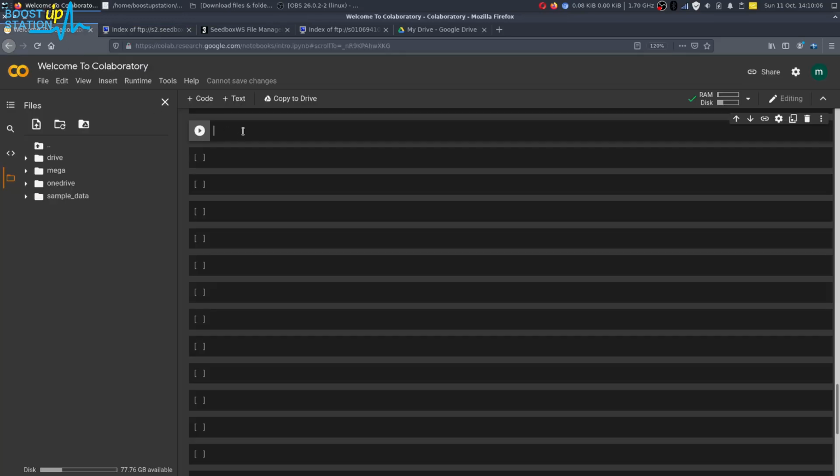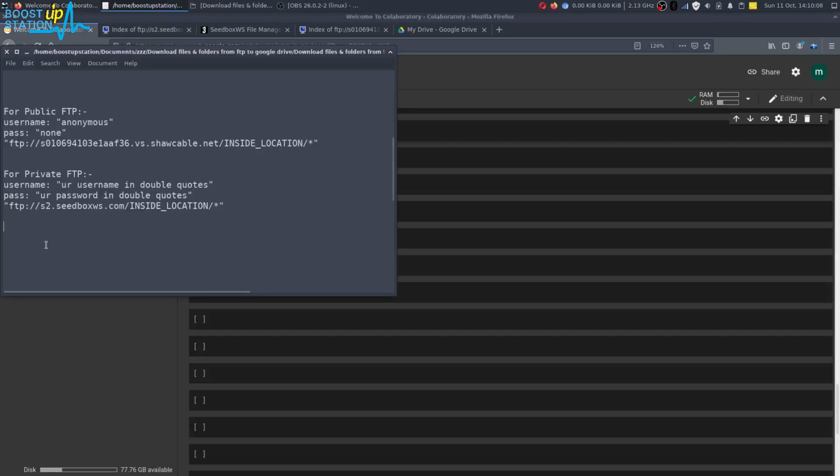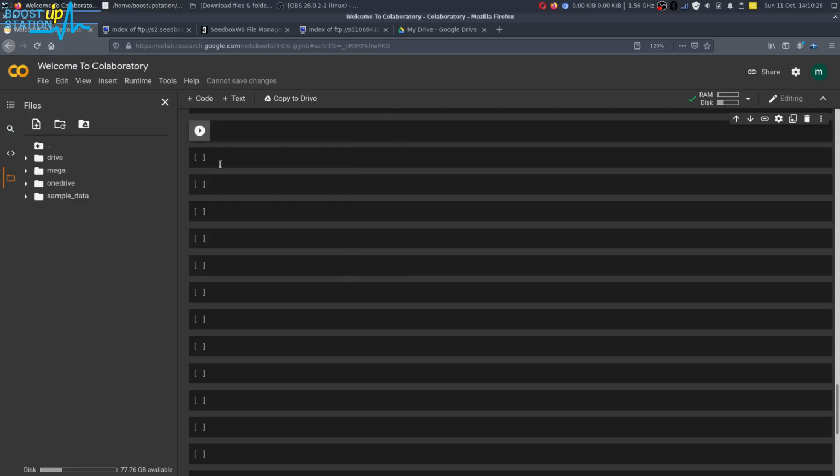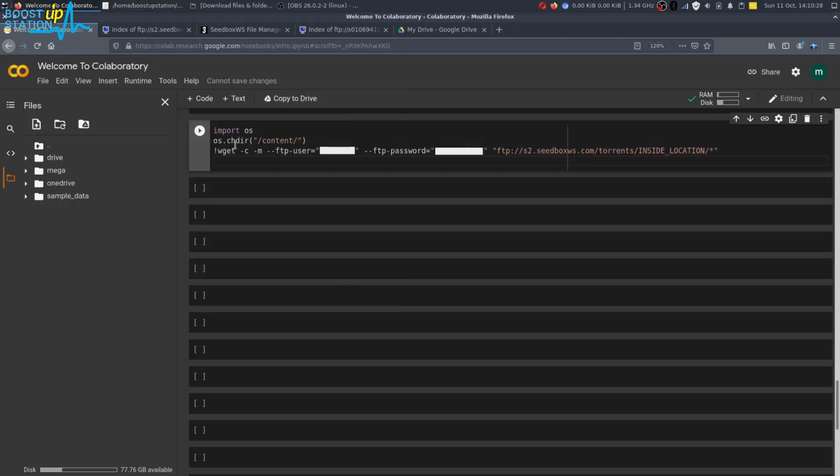First of all, go to the Google Colab and copy these commands from here. If you're using the private FTP, use these commands, and if you're using the public FTP, you have to go with these commands. So let's go for the private FTP: copy it and paste it in the Google Colab. In the username you have to type this, and in the FTP password you have to type it inside the double quotes.